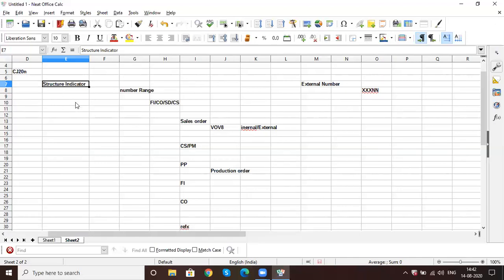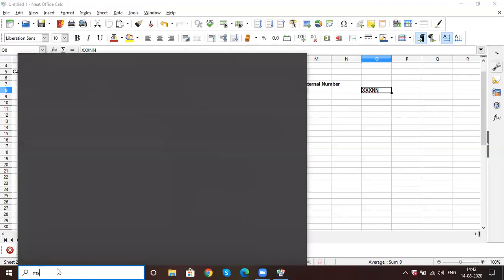Based on how you use this external number range, the system will automatically pick the code. Okay, let's see if we can go into the system.